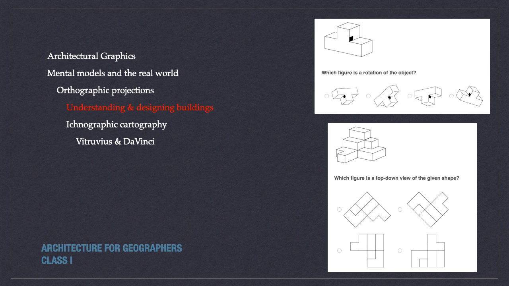Architects use these tools of orthographic projections to think about objects and spaces. They will read a plan and then envision the whole building as they would have completed it in their mind. The ability to create a 3-dimensional mental model of objects and spaces is the principal talent needed for success as an architect. Many architecture programs give spatial orientation quizzes like these 2 samples to test for this ability as a part of an admissions procedure, because I believe it is an inherent talent. At least it's very difficult to teach.